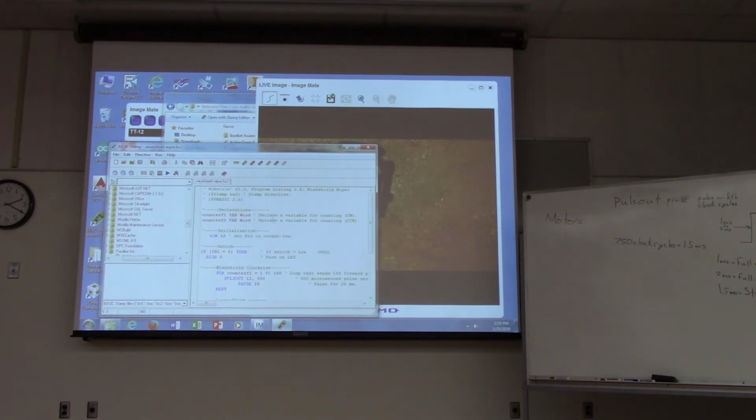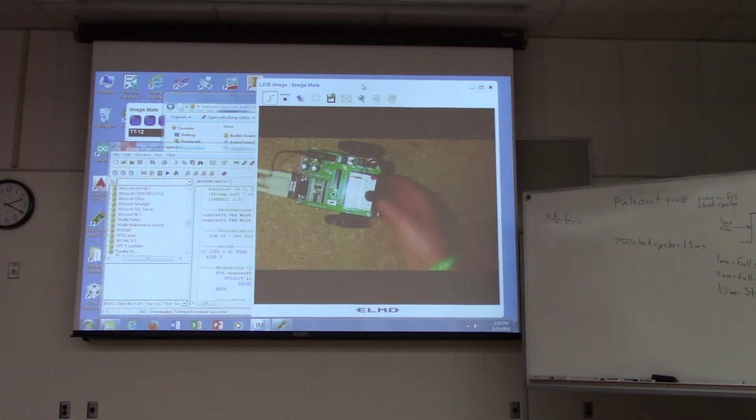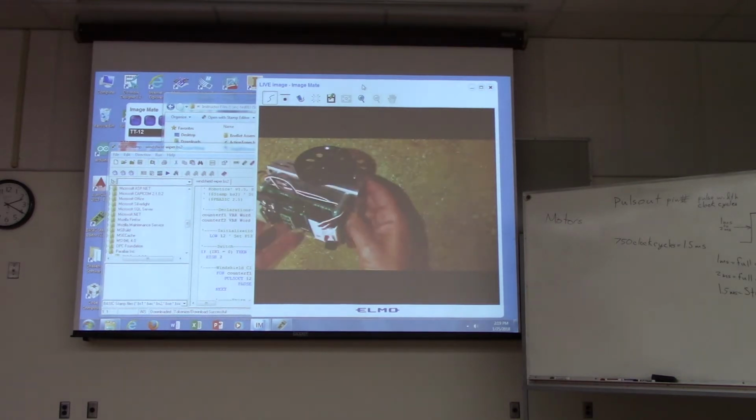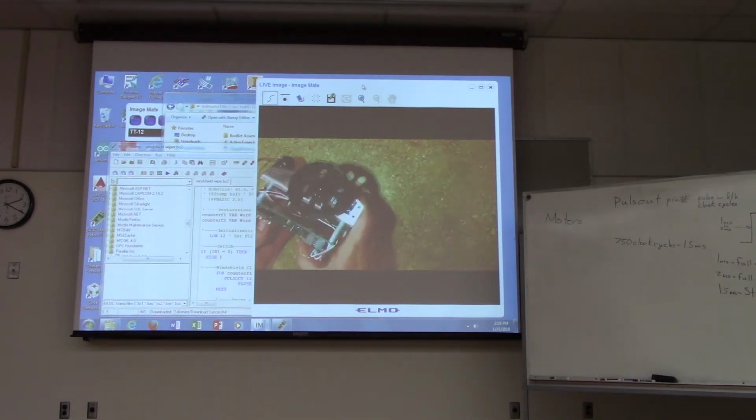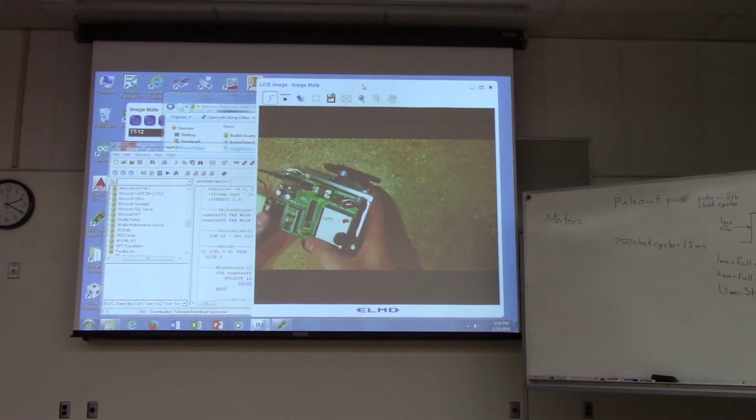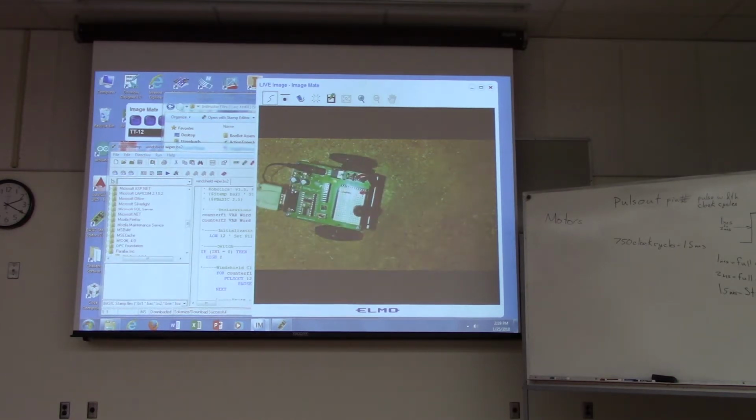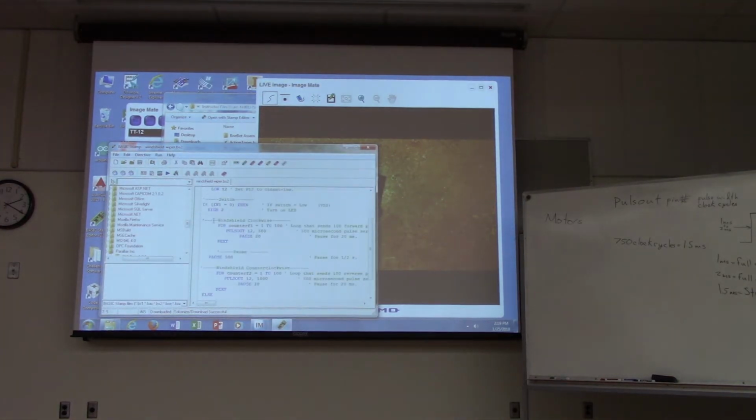We've got the windshield wiper program opened up here, and I'm going to run this. So I'm going to send it over, and then I'm going to move this over to position 2,